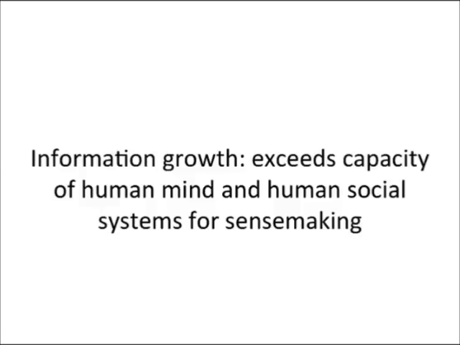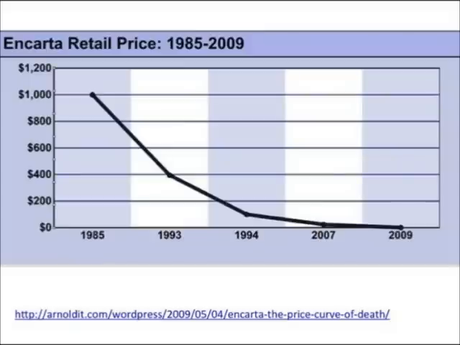Now, the difficulty, though, and this is why we're seeing this trajectory of changes in how we interact with information, is that we literally don't have the ability to make sense of this stuff. I mean, in the current mechanisms that we've adopted. So as a consequence, we need to start looking for different ways than social systems in order to make sense of that information. And the problem is